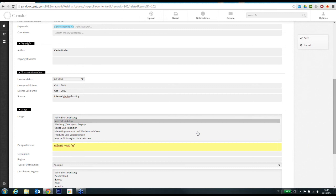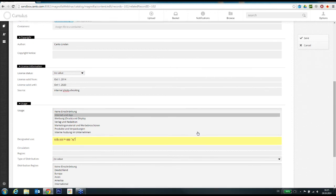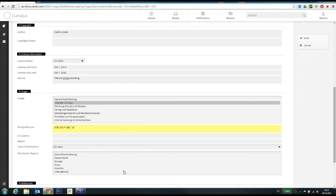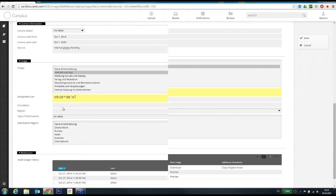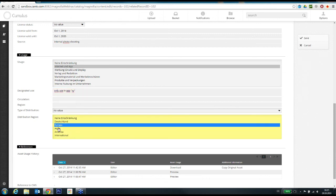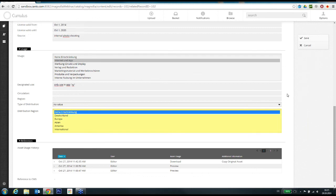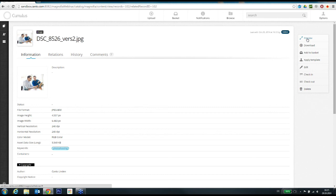I can also document many other things, such as how I am allowed to use a picture and where I can use it. I can add information for print, like the circulation, if you can only use it like X times. And I can say in which distribution region it can be used, like Europe or Asia, or if there's no problem. So I'm going to save this